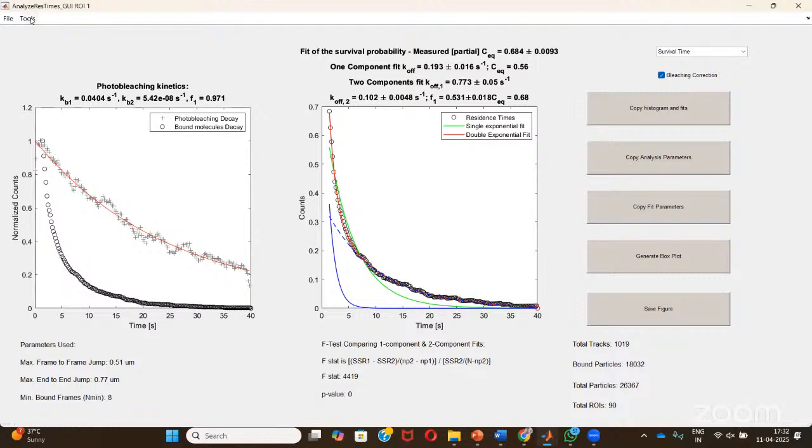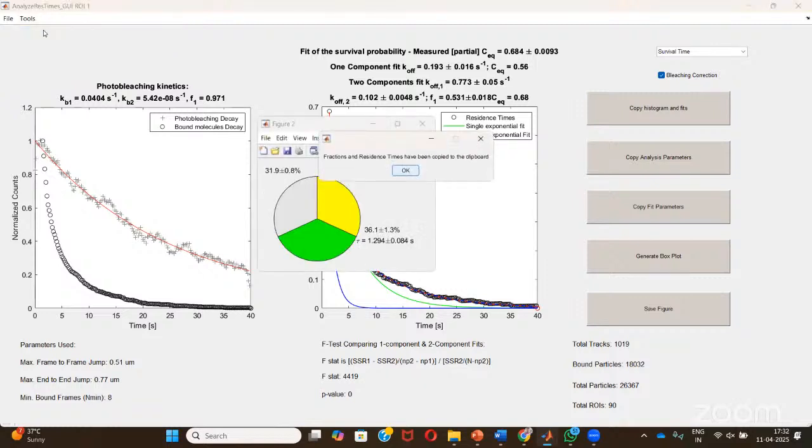So while I generate the pie chart, now you can see here you have a yellow fraction that shows that 31.9% of the molecules have a residence time of 9.78 seconds, and 36.1% of the molecules are in the green fraction that represents the transient bound molecules, interacting transiently with a residence time of 1.2 seconds. And this 31.9% of the molecules are the completely diffusible molecules.